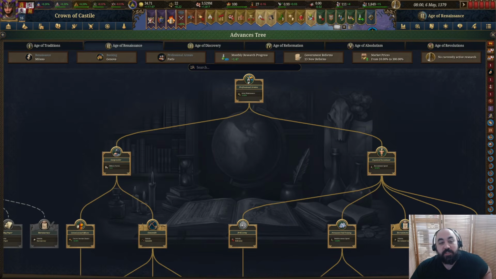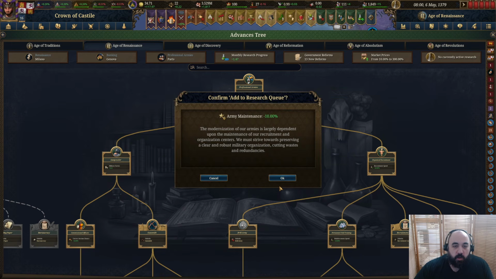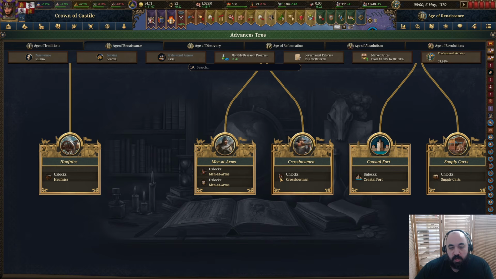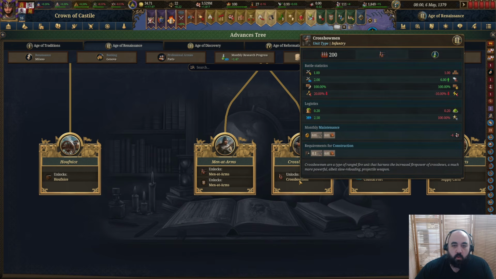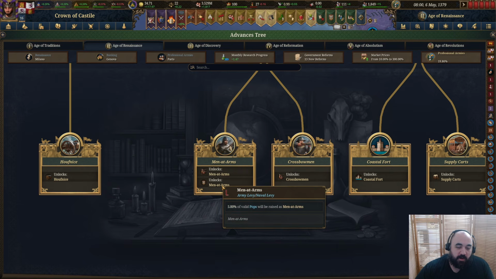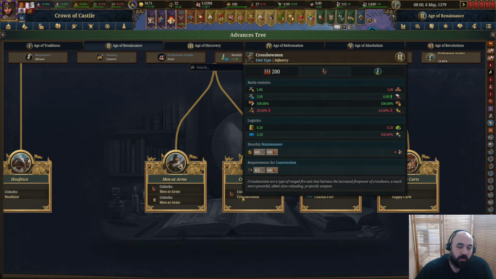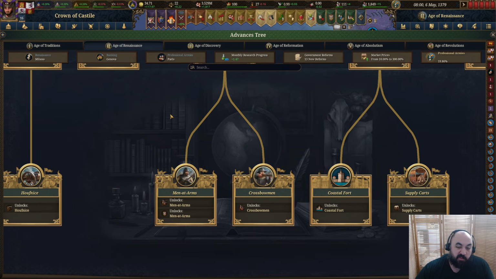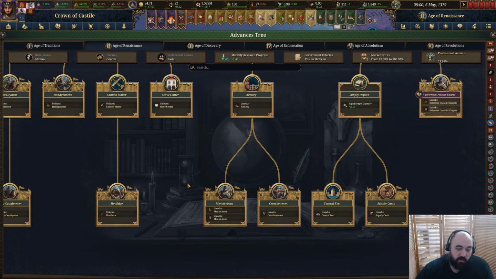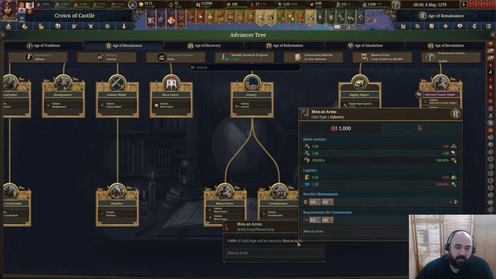For research, we just pip professional armies. We're going to make a little bit of a beeline towards either crossbowmen or men-at-arms. The men-at-arms will also give us the men-at-arms levies. Crossbowmen are, I think, just better regulars. Right now, the regulars just aren't very good in the first couple of ages, and so I think we're going to push for men-at-arms, and then we will have more levies, and I do think these levies...